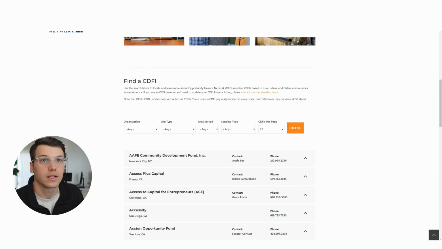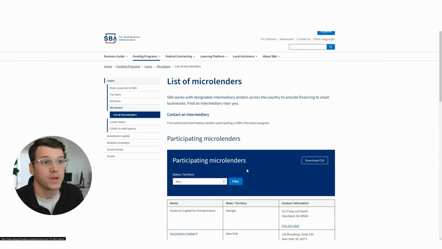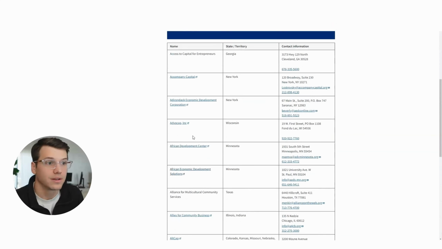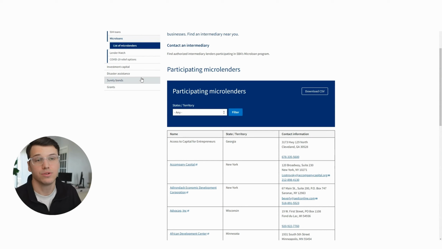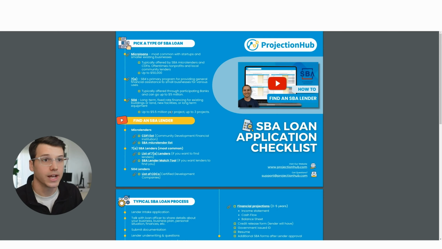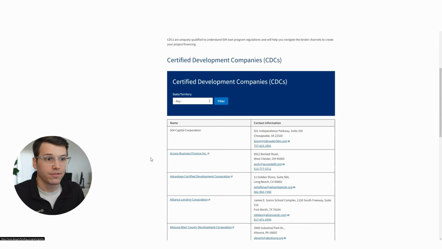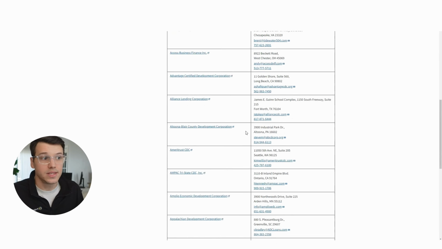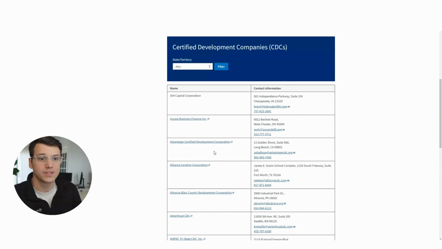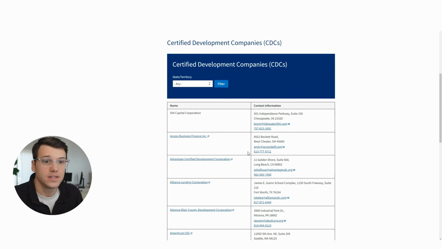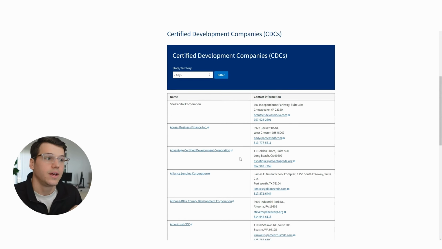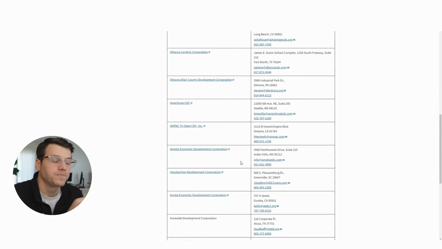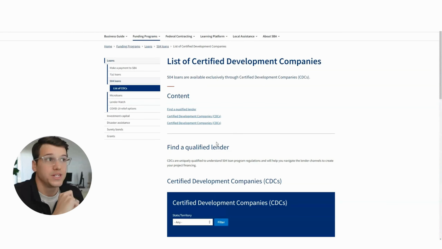Let's go back to our checklist. The SBA has an SBA microloan lender list. So there's going to be overlap between these two resources, but that is a good one you can check. 504s, we'll skip 7A for a second. Again, these are typically done by certified development companies, which are called CDCs. There are fewer CDCs than microlenders and 7A lenders because it's a very specific type of loan. Here you can find those based upon your geographic location.